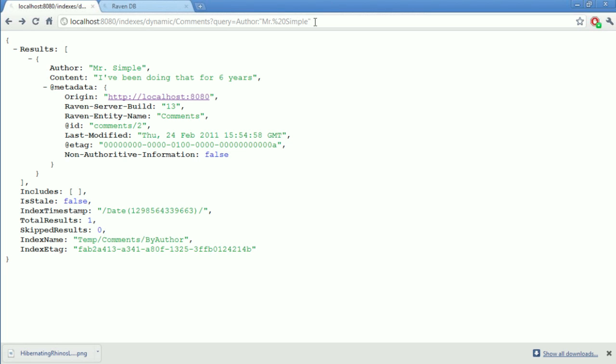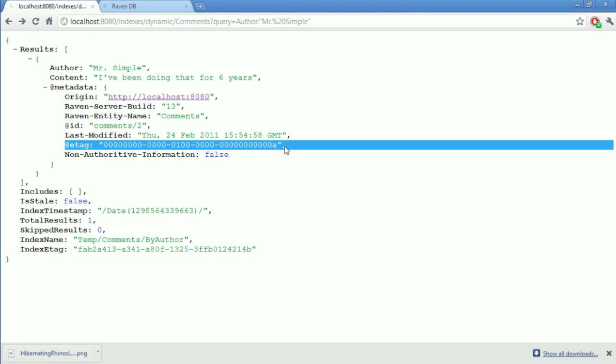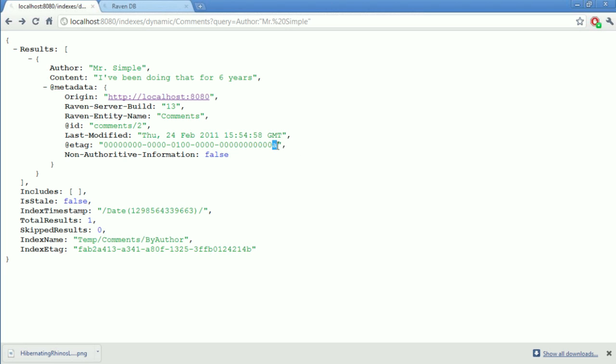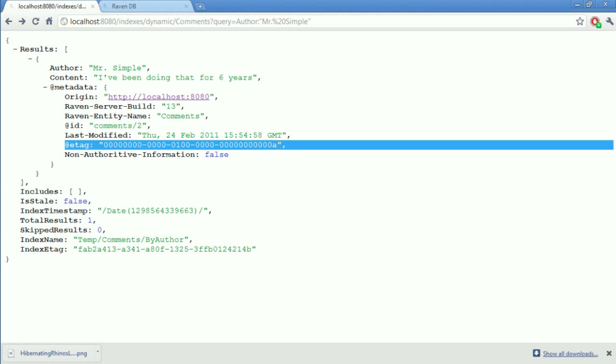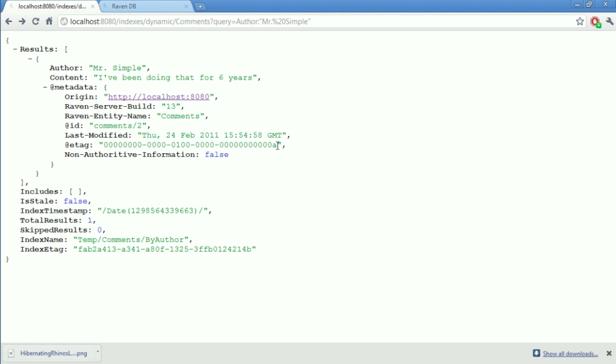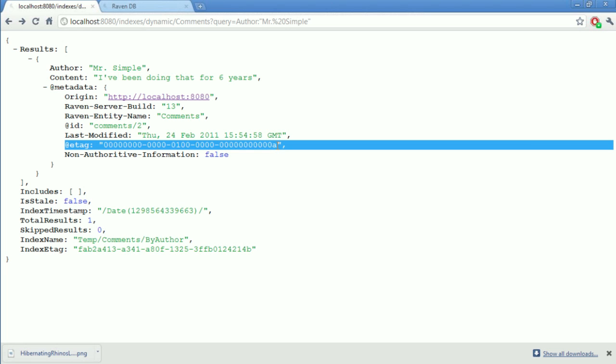Whenever we save a document to the database, whether creating or updating a document, we increment a number. This is the document e-tag. You can see it right here. This is the 10th modification to add a document on this server since I started it.